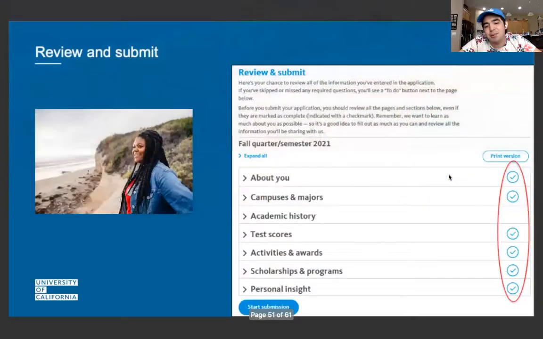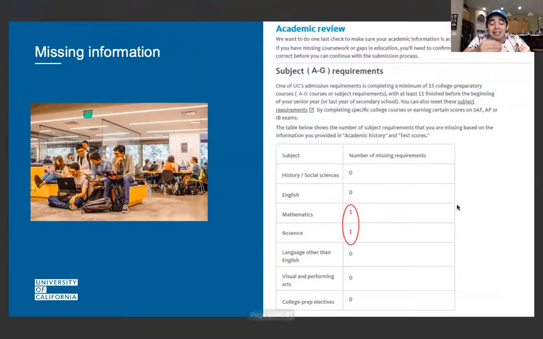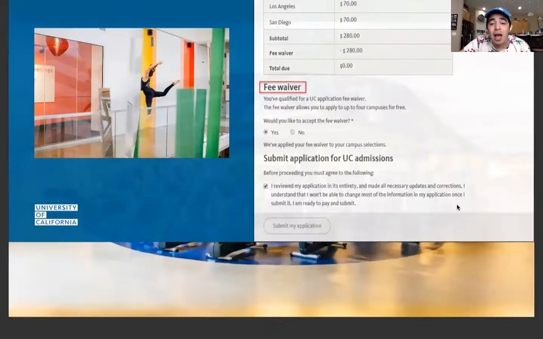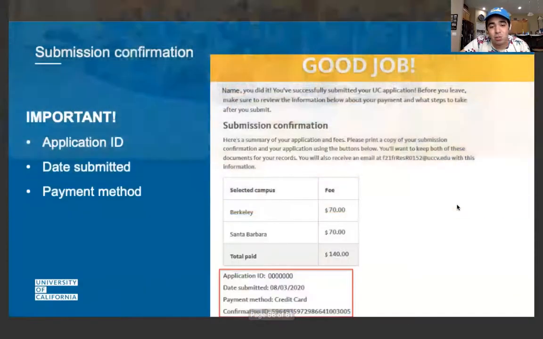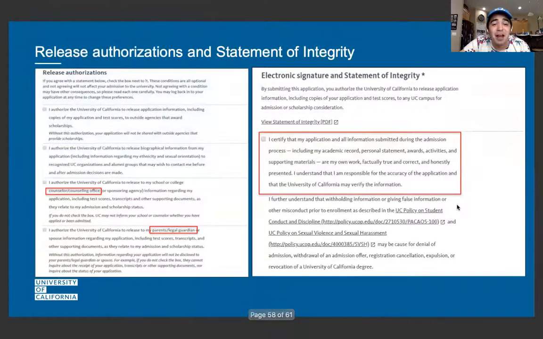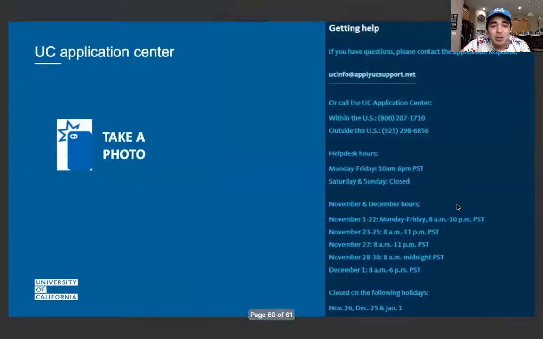And then they're going to have a checklist, making sure you have everything there. And then you're going to start pressing your submission, and you're going to go through every single spot, make sure there's any differences, make sure you have all the A through G requirements and everything. And then the fees, how to pay will all be there as well. And it's going to tell you how much it's going to be and when to press submit. And you're going to certify that all of it's correct. And then you're going to press submit, and then you will wait.